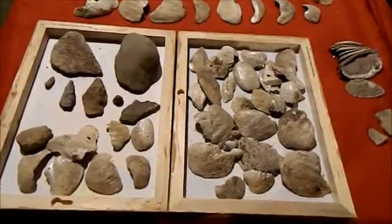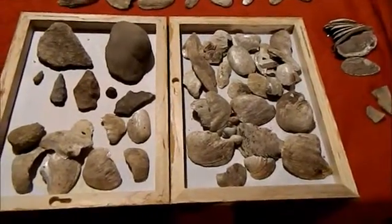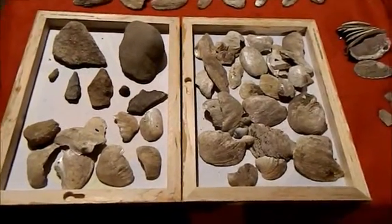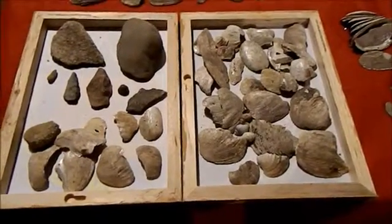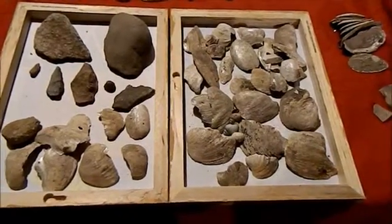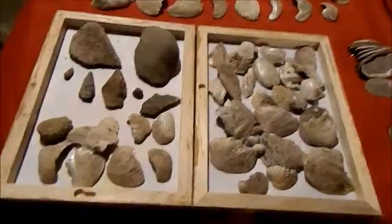God bless. Today I went back to the place where I found the shells yesterday, and made a couple of what I feel are significant discoveries at this particular site. On the right are all pieces that I've not examined yet to see if they were used as various tools, but on the left are some stone pieces as well as some shell